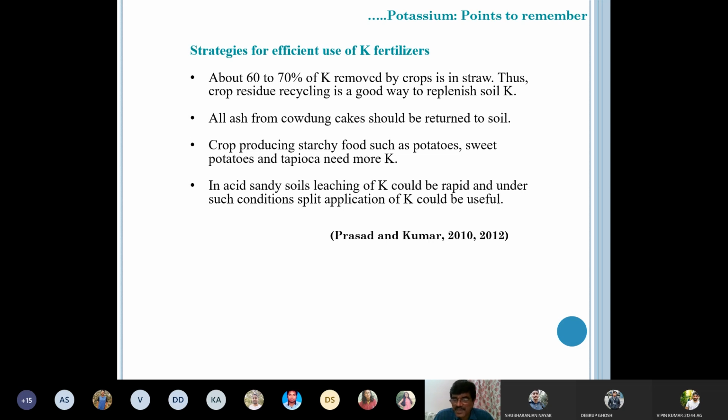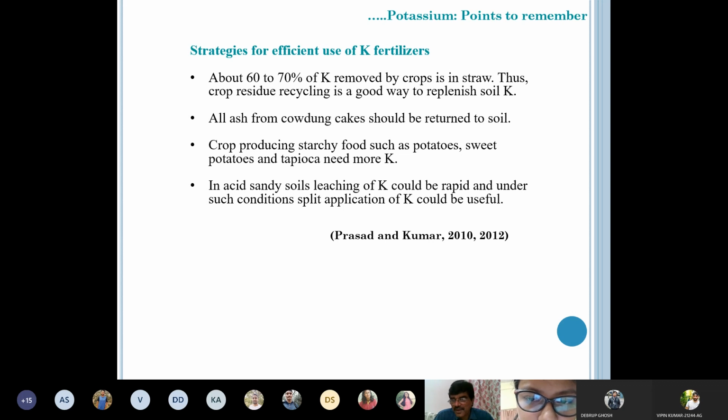I'm not saying that you go for residue burning. In residue burning, the residues are decomposed. The work which was supposed to be done by bacteria, fungi, etc., has been done by fire. Your nutrients have come in available form. They are in the ash. Of course, one should not go for burning, but it has some advantages also. Of course, you lose nitrogen, you lose some phosphorus, a little phosphorus and sulfur also. But it has some advantages also. As a scientist, I am speaking, but we should not burn it.